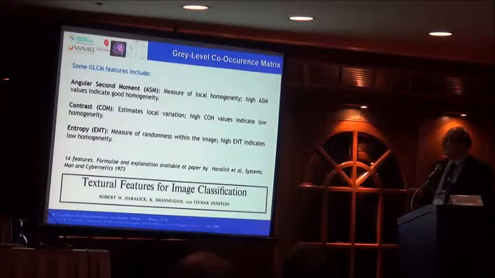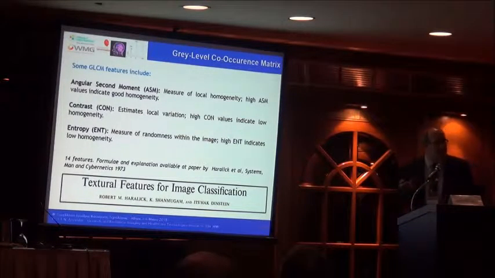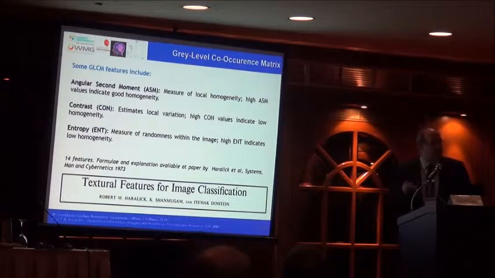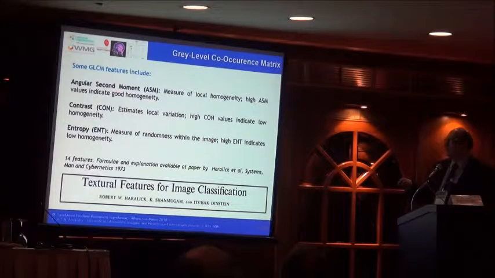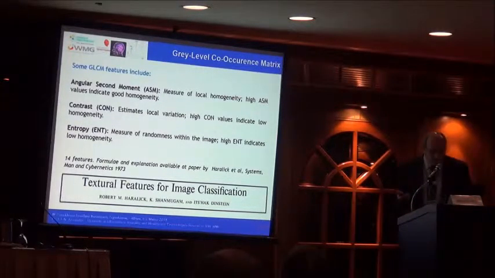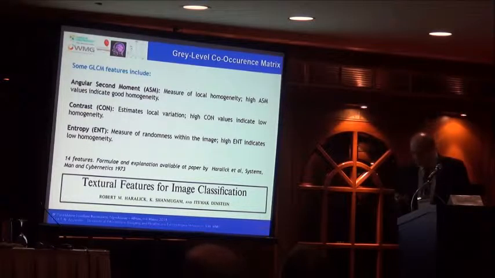then we can look at local homogeneity of the tumors. So these high values might say that this is a homogeneous tumor, which is good news. Because if we have topical necrotic areas, we have heterogeneity, this might be bad news. So contrast also tells us about local variation, again it can tell us about homogeneity, and then entropy can tell us about randomness. So all of these are very, very useful statistics.